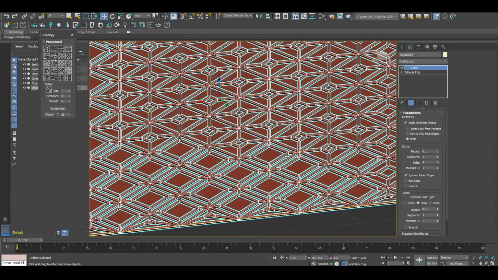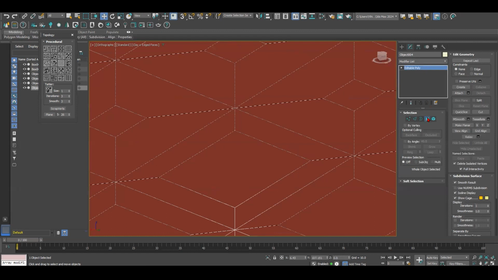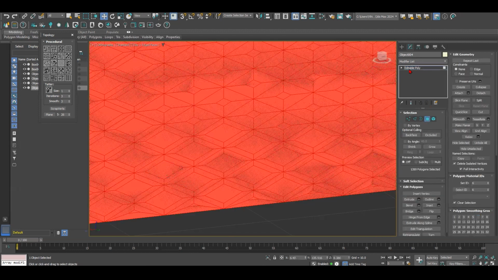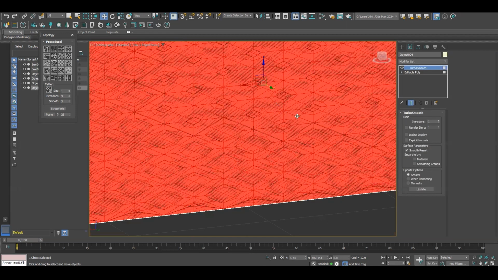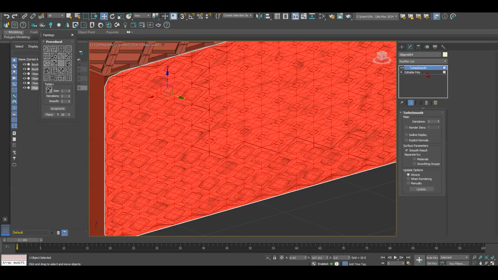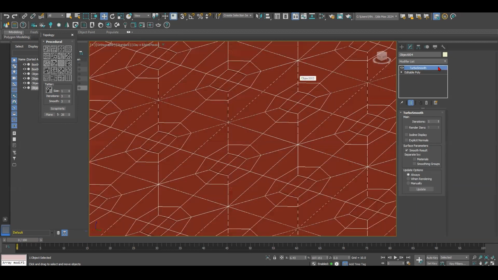But what if you want this shape to be more organic instead of linear this way? Curvy, you can go to these lines and turbo smooth. When you get a turbo smooth, make it more organic.